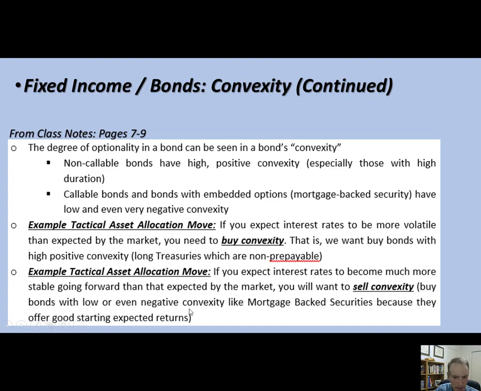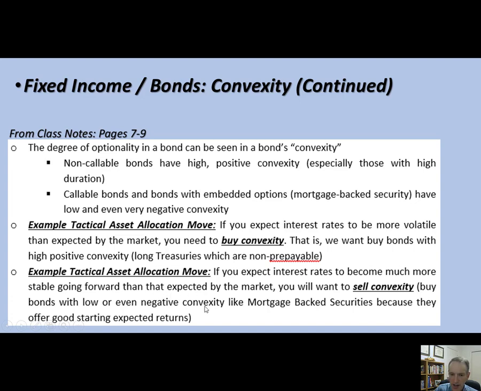Why? Make sure you listen to this part right now. It's really important. The reason you want to do this is because these bonds have that extra starting yield, that extra 0.25%. You're getting that extra yield. If those bonds did not have that extra yield, you wouldn't buy them even if you thought rates were going to be stable.